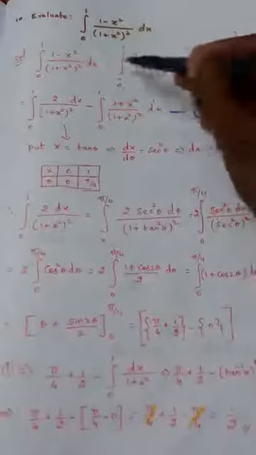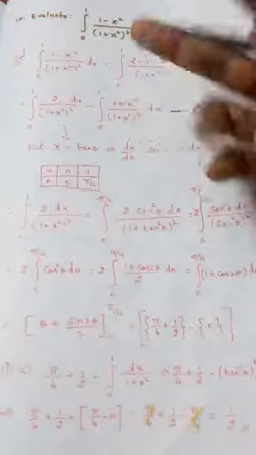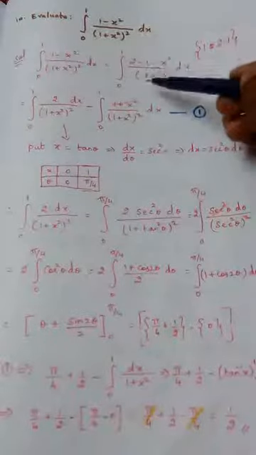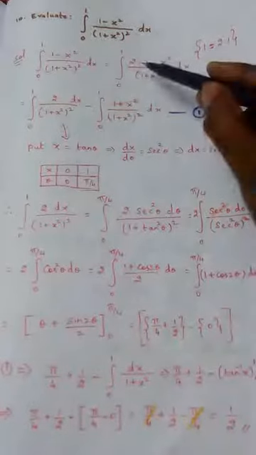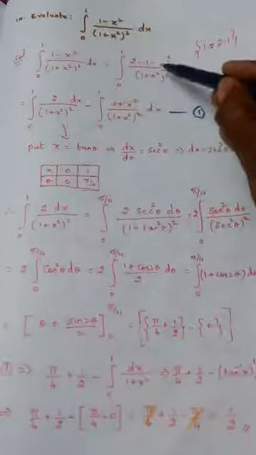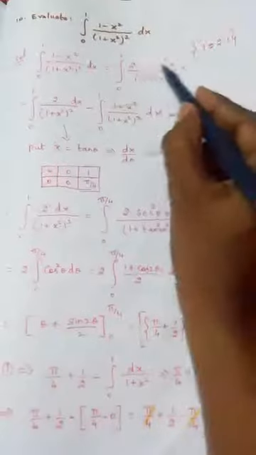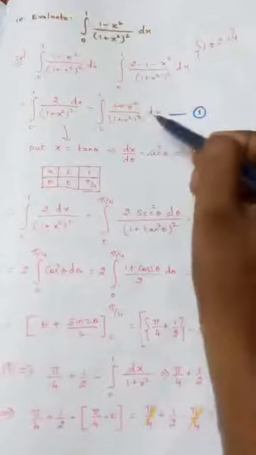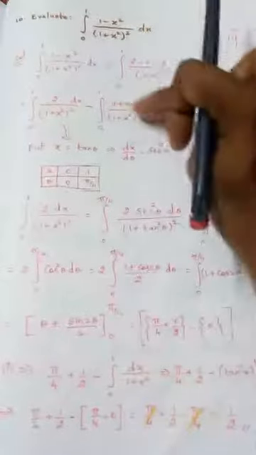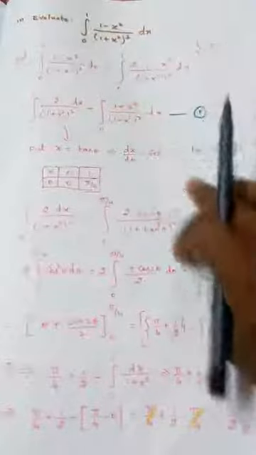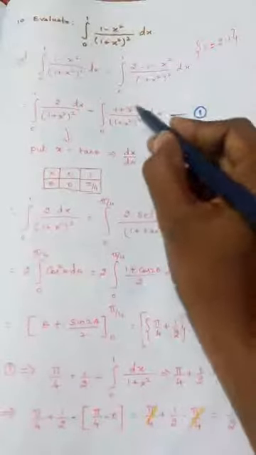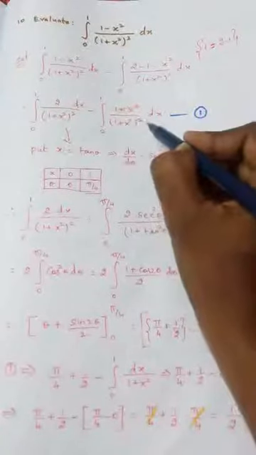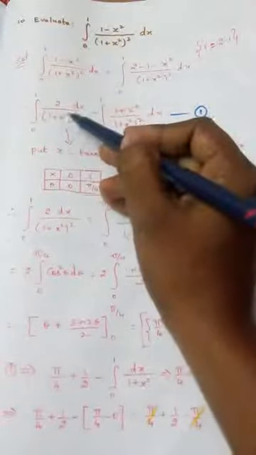Now I am going to split this integration into two parts. One is 2 by this, that is what is written here, 2 by this into dx. Another one is minus (1 plus x square) by this into dx, where minus is taken outside from these two. So this is split into two parts. Out of this, here 1 gets cancelled, right? 1 plus x square, this is 1 plus x square whole square, so 1 and 1 will go off. Now I will take this alone.